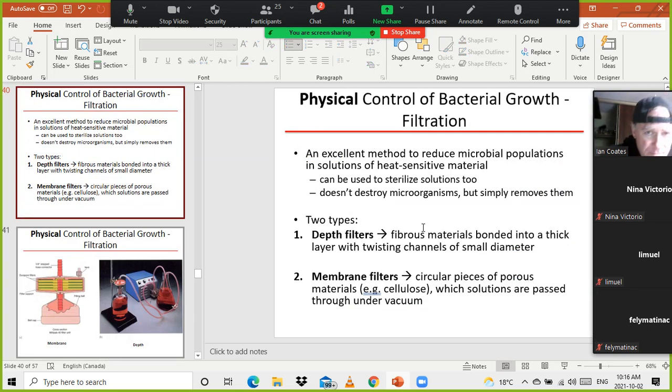Filtration. This is an awesome method, very, very time consuming. You'll see that normal milk that's been pasteurized is about $3.69 for a 4-liter bag. Milk that has not been pasteurized but has been filtered is usually about $2 more for a 4-liter bag because it's more time consuming. This milk is filtered through a microfilter and the bugs are kept out. It's an excellent method to reduce microbial populations in solutions of heat sensitive material, because milk can't